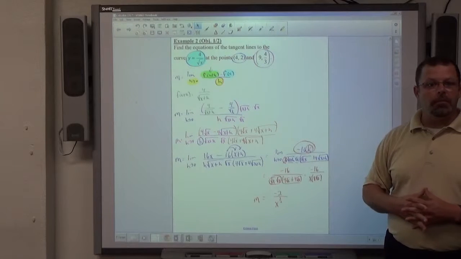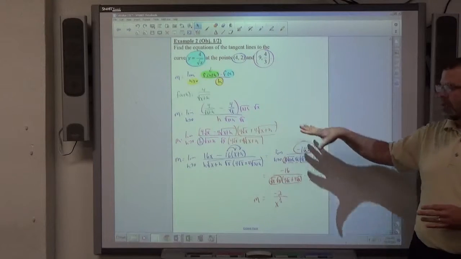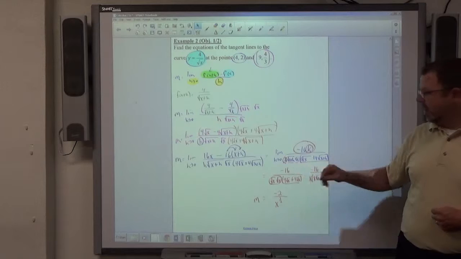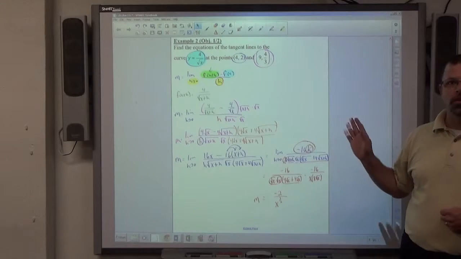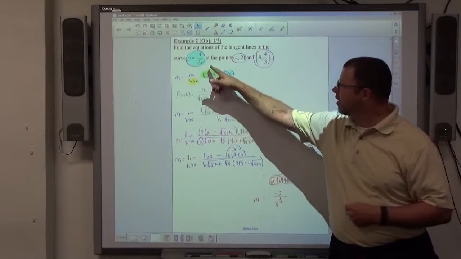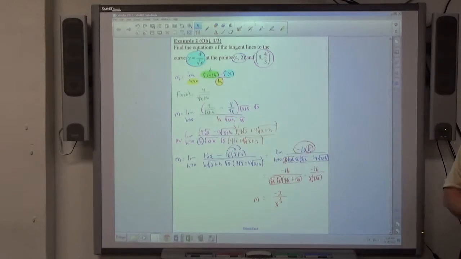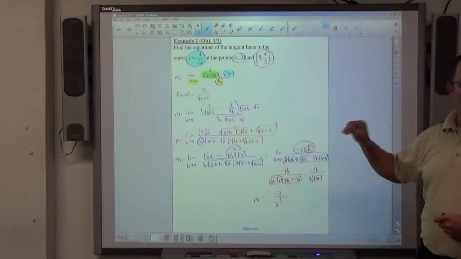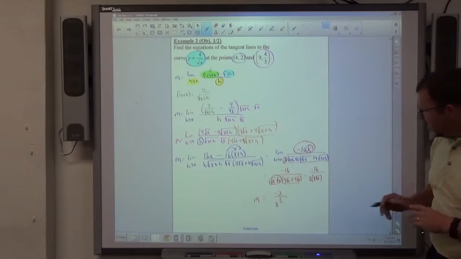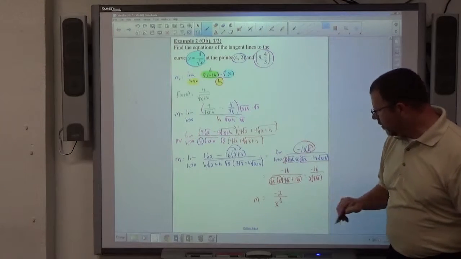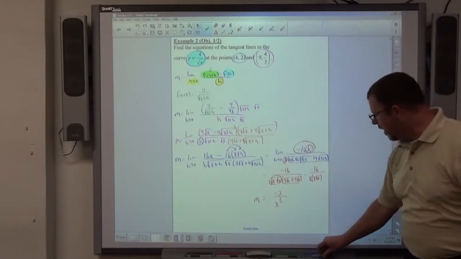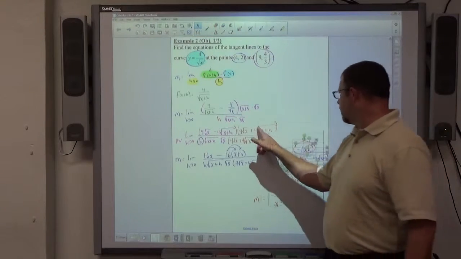Take your time, pay close attention to detail as you go through the process. You'll get faster at this, and there are shortcuts. We'll learn shortcuts. There's an easier way to get from here to here without all this stuff in the middle, but I don't want to show you that till you've mastered this technique. All right? Now, this is my slope formula, negative 2 over x to the 3/2 power. So if I just consider all this stuff here is important,